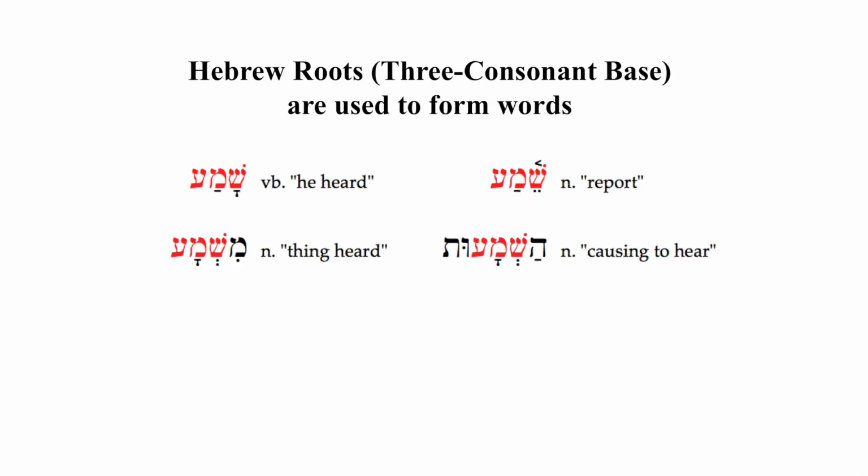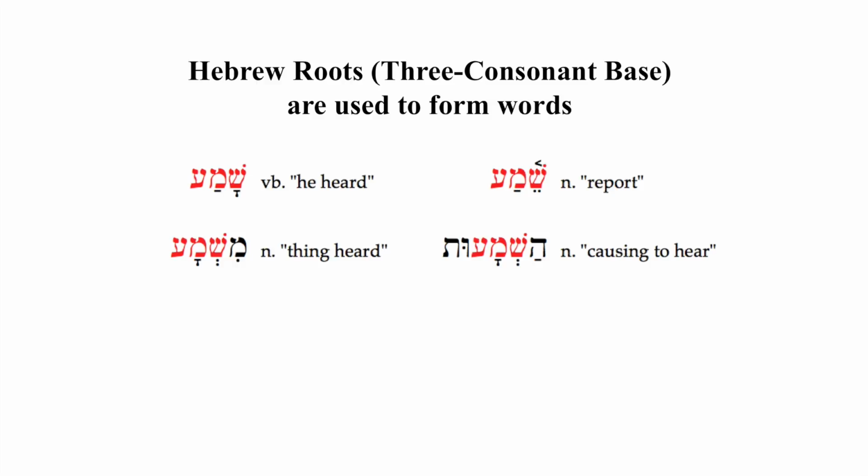The verb, the verbal idea, hearing, is at the core of what this word means, but you can create other concepts. A report is something heard. The thing that is heard is an object. Causing somebody to hear is a concept. All of them are rooted in the same core, and you take the verbal idea embedded in those three root letters, and you use it to create nouns, verbs, etc. So you're going to be looking for these as you go about the process of learning vocabulary and